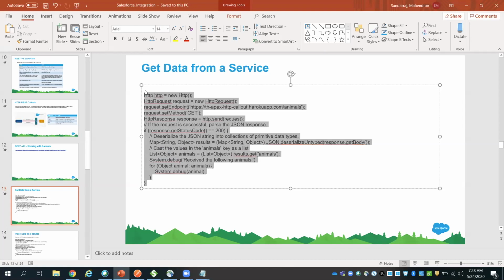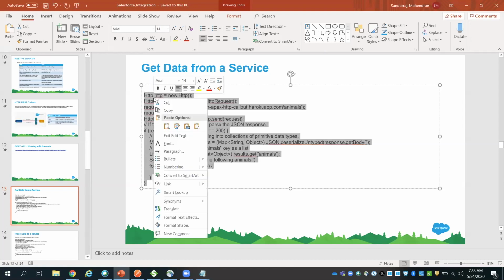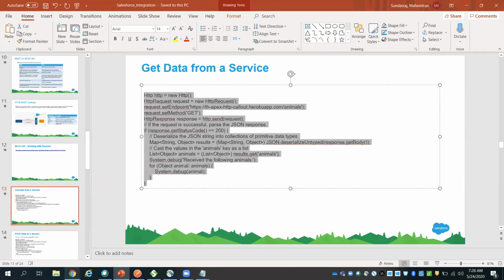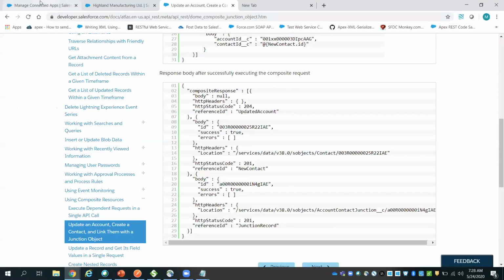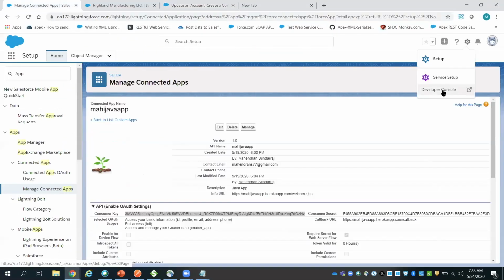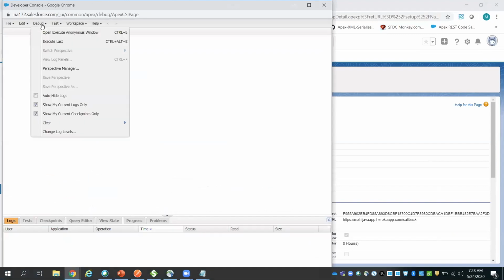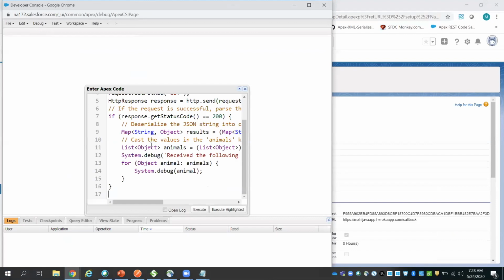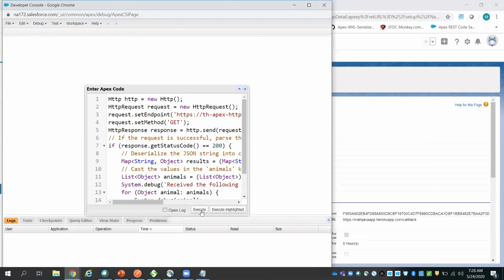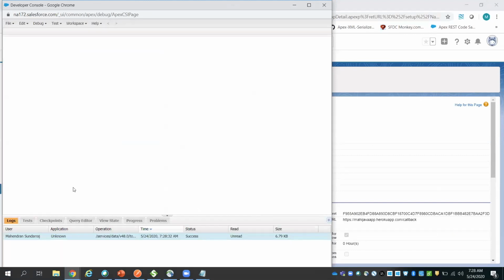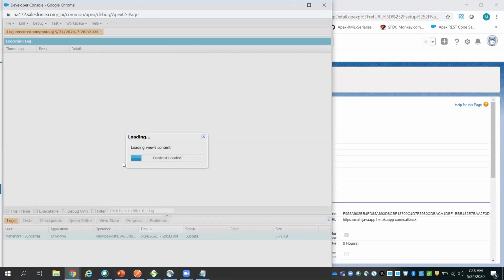Let us try to execute the same code using Apex. When you do this, you can execute it as an anonymous block. If you see here, a log file will be generated.